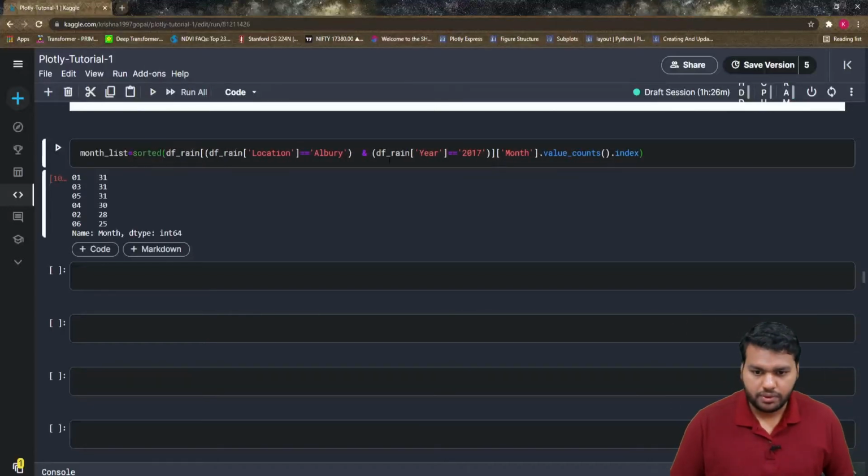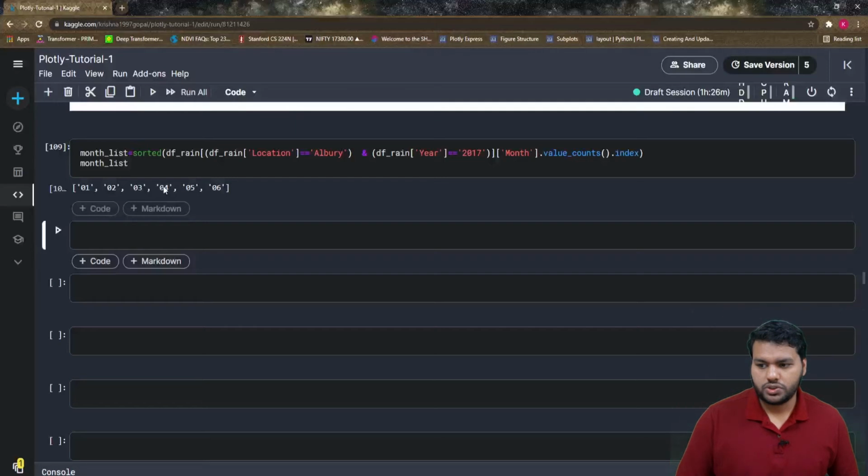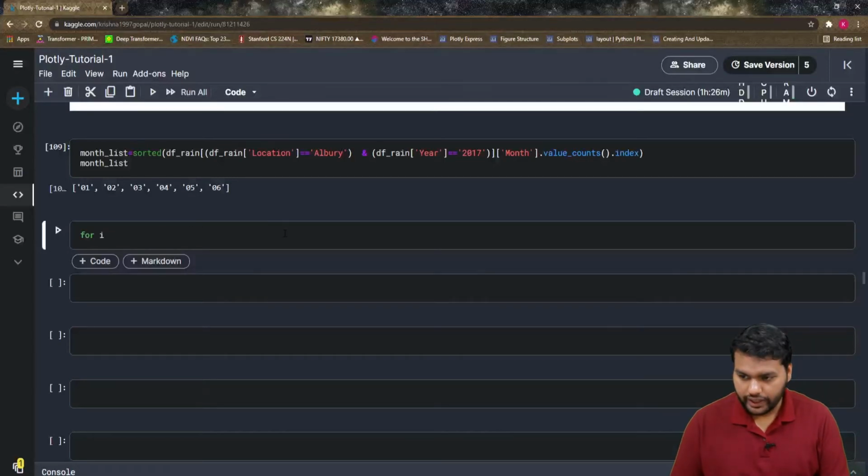If you put sorted and print the month list, you can see 01, 02, 03 are now in sorted order. Then you just loop it, for i in month list.